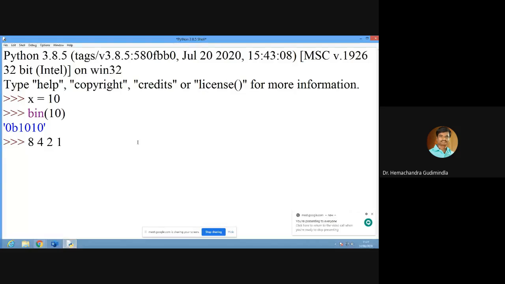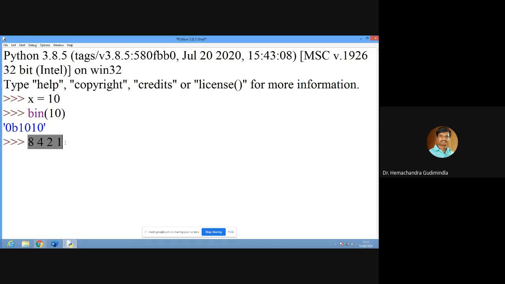Good morning, students. Here, x equal to 10. I chose x equal to 10 for binary conversion, because it helps to understand the right shift and left shift. Yesterday I told you, but I'm just clarifying again. So 10 means 8 plus 2. The remaining places, for 4 and 1, I'm keeping as zeros. You are aware of that, right?